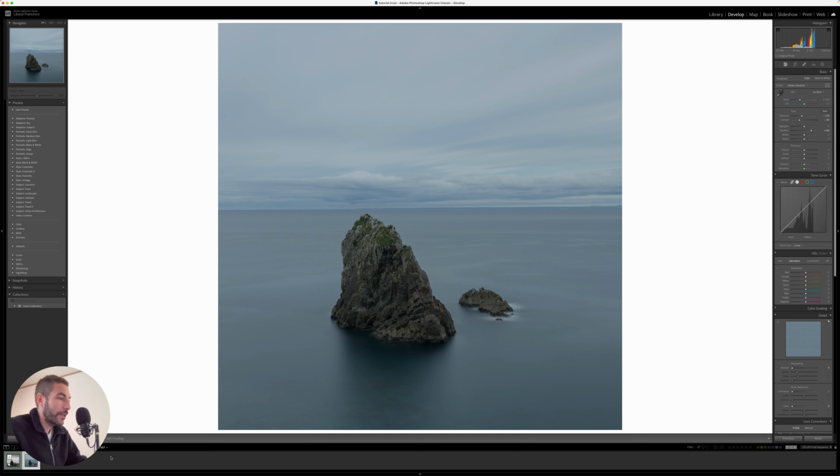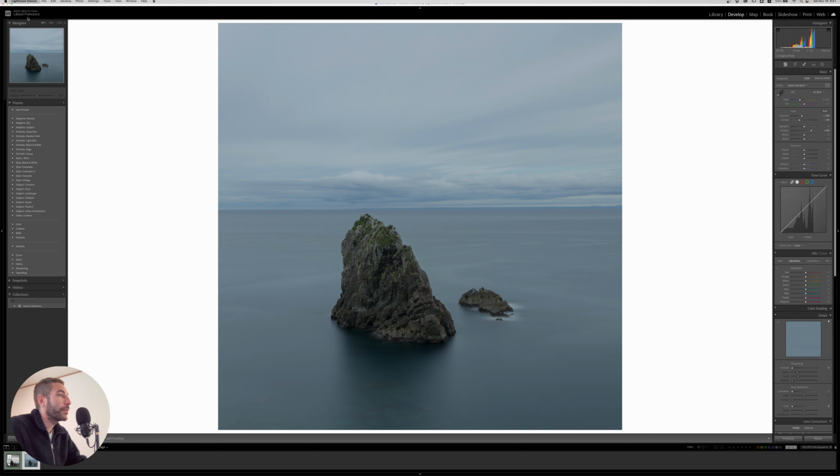One thing to note here is, in order to export this and work with Dehancer, this needs to be a TIFF in sRGB color profile, 16-bit. So how do you export that? You need to go to the Lightroom preferences.